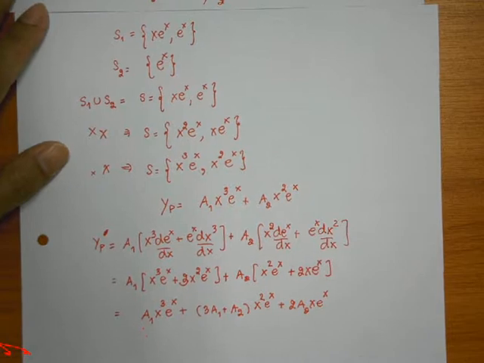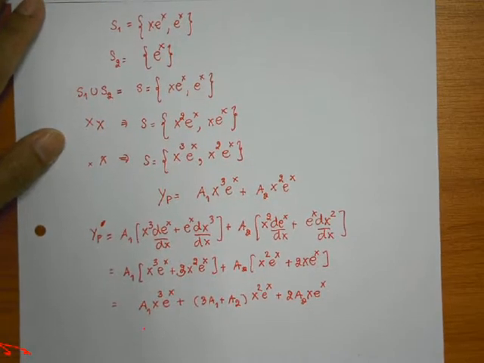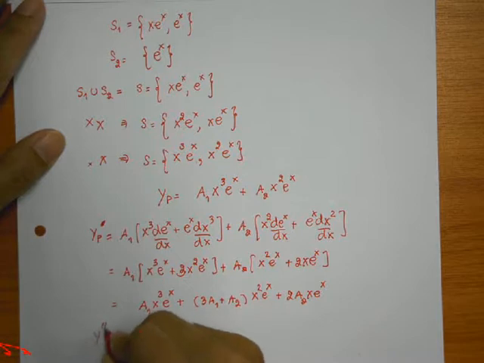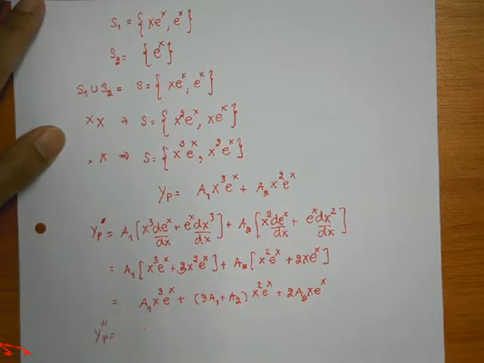That is our first derivative term. Now we do the second derivative of that yp. We would get